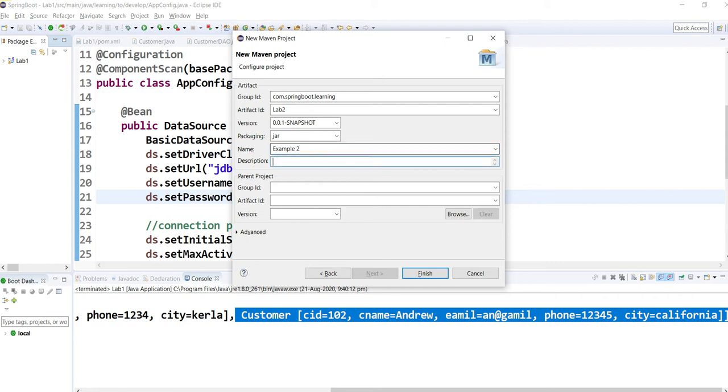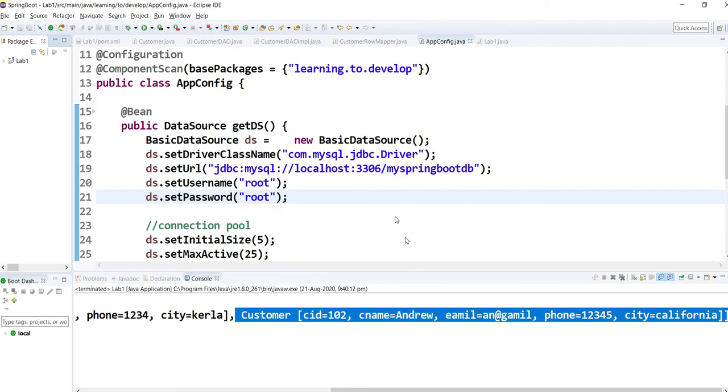Next is your description. I will mention Spring Boot with JDBC. Our first example was Spring with JDBC, and the second example is Spring Boot with JDBC. Then you need to click on finish.